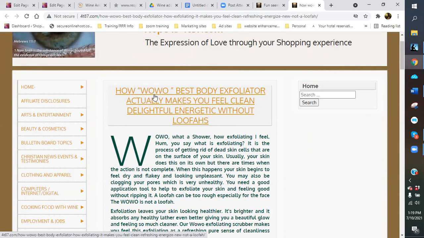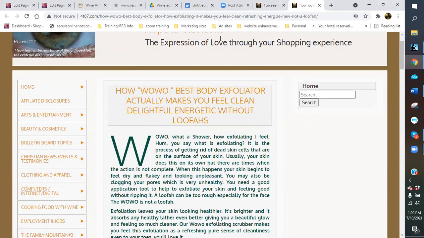So, all right, here's one of the things that you don't want to do. And I learned this early on. They haven't really set up their affiliate program yet, but most of these companies have a trademark on their name. So you can't use their name as a key phrase. The name of the product, I mean. Like WOWO, that is their name. So you can't use their name in your key phrase.